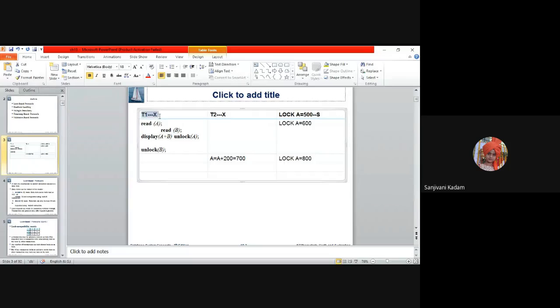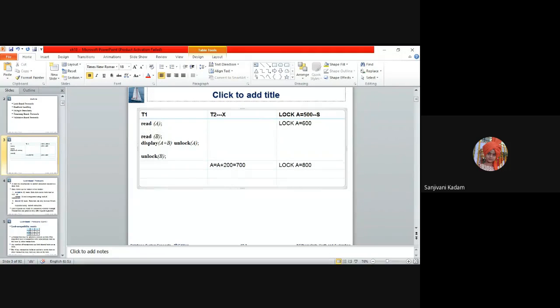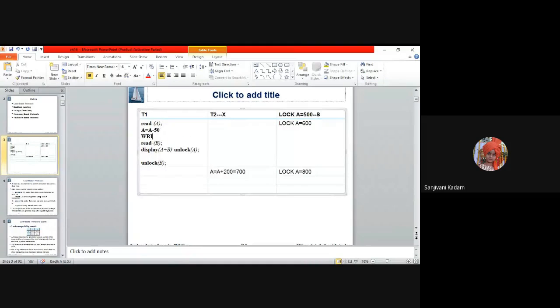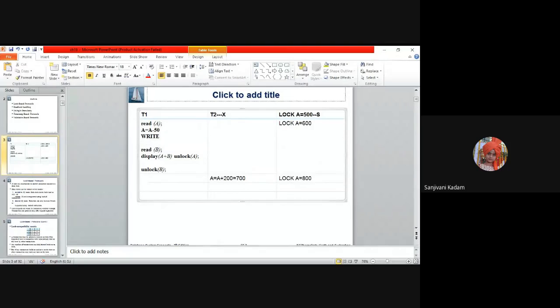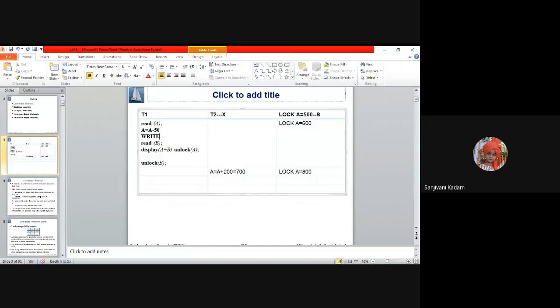Consider that T1 is transferring 50 from account A to B and T2 is willing to transfer 10% from A to B. Read A. So this will perform A = A - 50. Write A. Then this will read B.